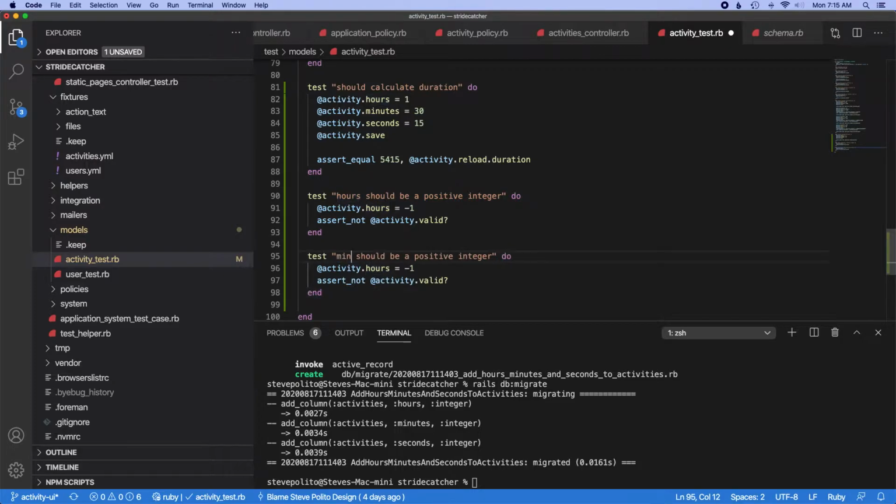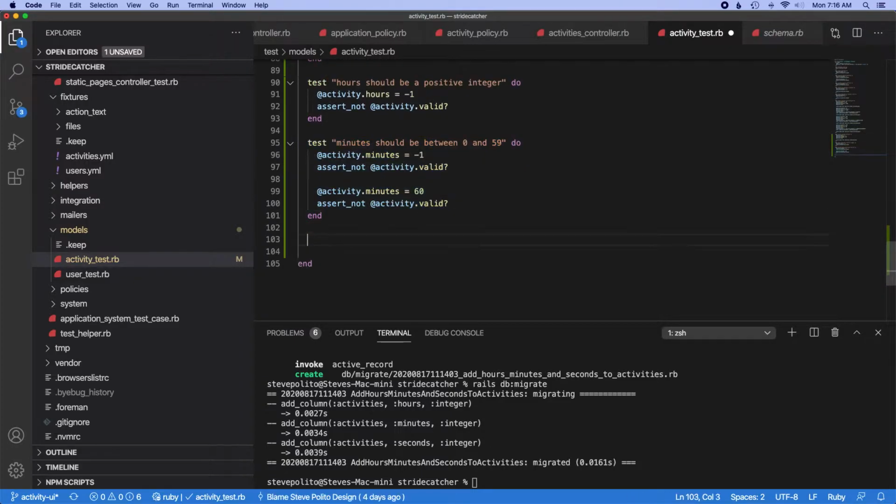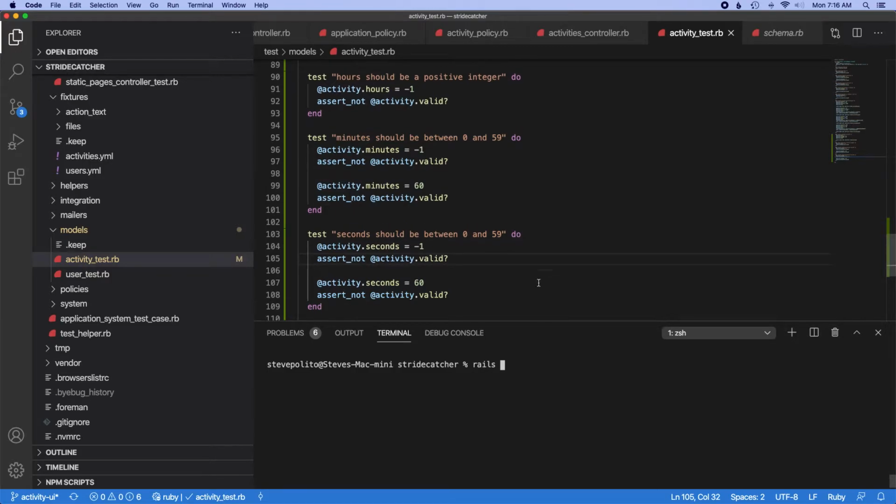So minutes should be between 0 and 59. I can just do -1, but we want to change this to minutes. And then we'll do 60. And let's just do this again, but swap out minutes with seconds. And that should be good, but before we run these,